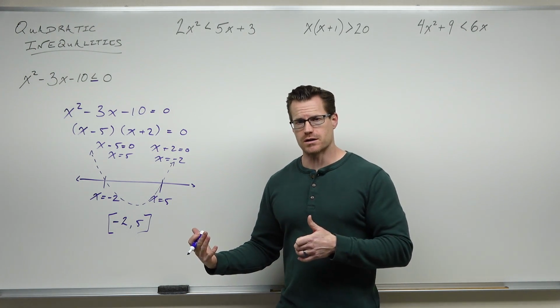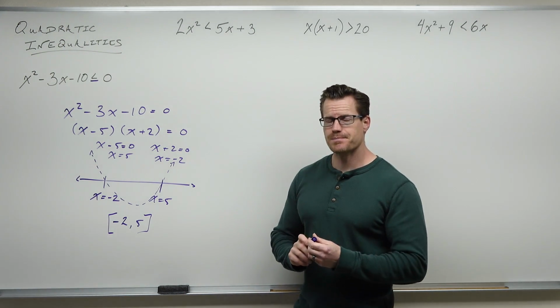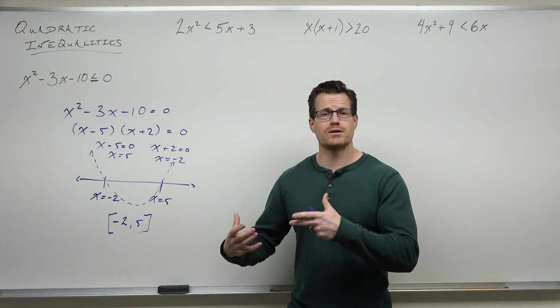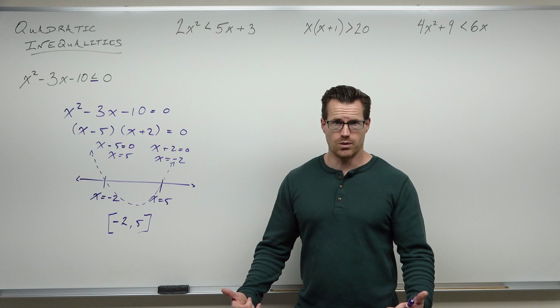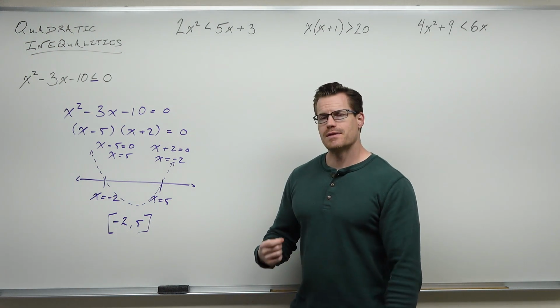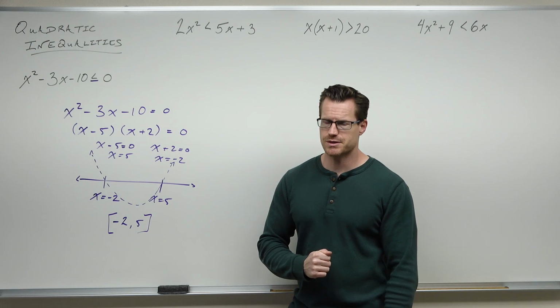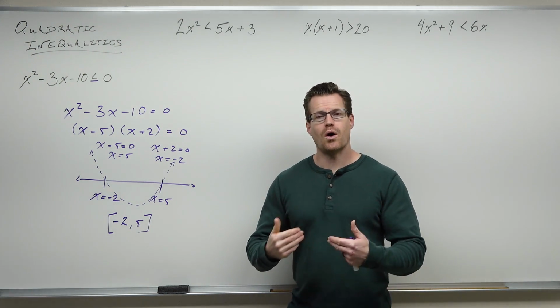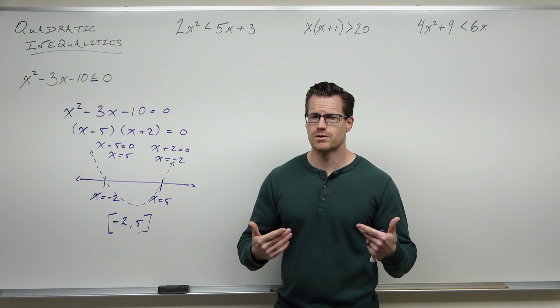That is what this is talking about. The last thing I want to tell you is that there is another way to do this. If you don't like the graphing method, personally I do, it works really well for rational inequalities a little bit later. But if you don't like that, there is another way to do this. But you have to understand something about parabolas. Parabolas always alternate by the fact that they are an even function here. They're going to be